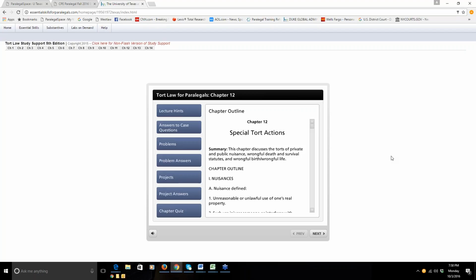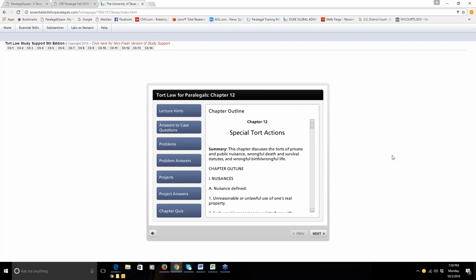Sometimes I'll get emails to the effect of, "I've been trying to access the tort law study support, and the spinning wheel has been spinning for 25 minutes and nothing is loading." Well, don't let anything spin for 25 minutes. It should load, as you saw, within a couple of seconds. So the best way to fix that is to switch browsers. I'm not 100% sure why that always works, but it does. I use Chrome to access ParalegalSpace, but when I run into a conflict, I switch over to Firefox. Really, whatever you're using, whatever you want to switch to is fine, but a browser switch tends to fix the issue